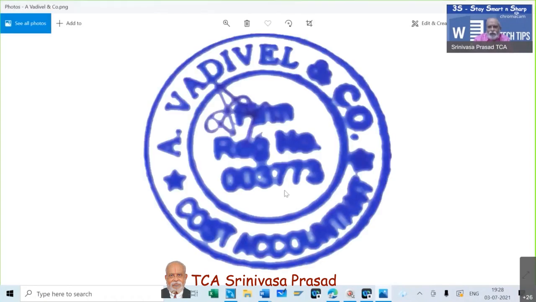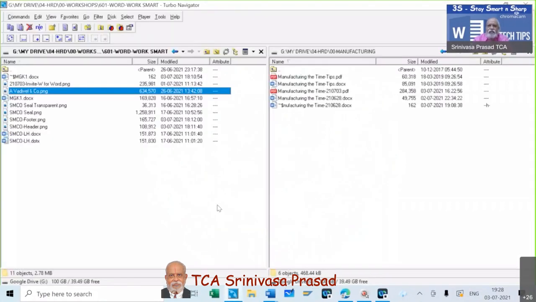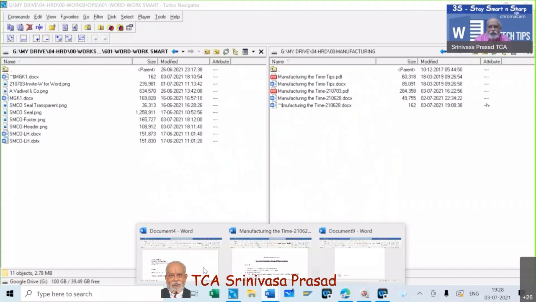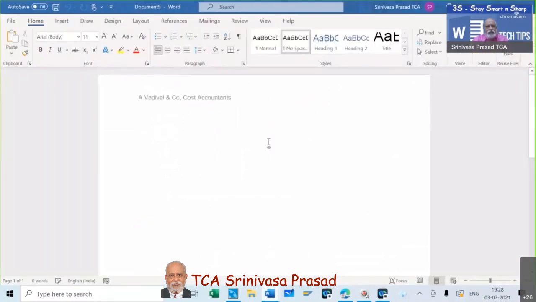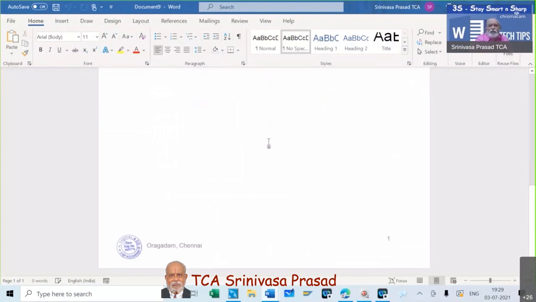So it becomes white, whereas it is transparent. If I put it in a green background, the background will be green. Yellow background will be yellow. So this PNG file is a transparent background file. So this is how we have made, and then we have come to this particular way of doing it. So this must be quite useful. So I need comments from you on this particular aspect. Anyone can give me a comment, please?